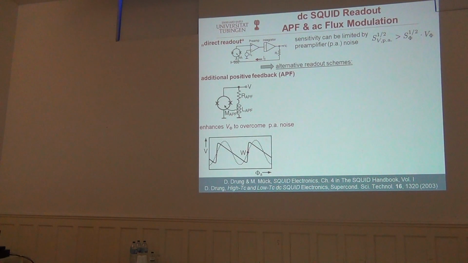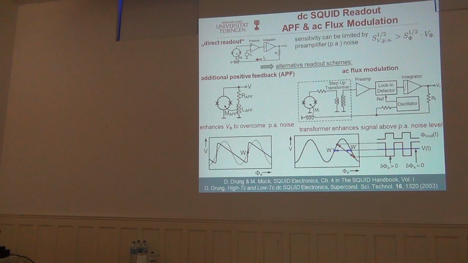Let me skip that. There are some more advanced readout schemes. In particular, maybe I should make this point. If you have a very sensitive SQUID and you want to know the intrinsic noise of the SQUID, I mean, you want to measure the voltage fluctuations across the SQUID, you have to be careful that you are not dominated by the preamp noise. The preamp noise should always be smaller than the intrinsic flux noise times the transfer function. Whether you fulfill this condition depends on how sensitive your SQUID is and how large your transfer function is. And there are different schemes to get around that problem, if you have one, like